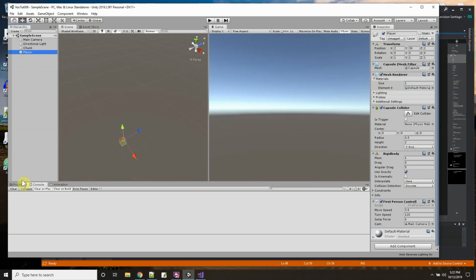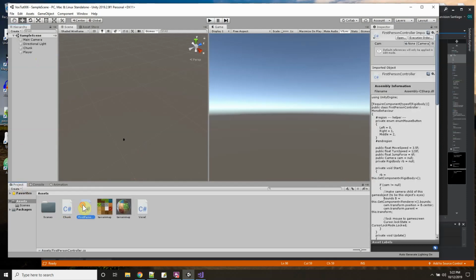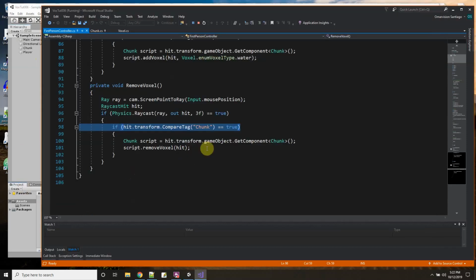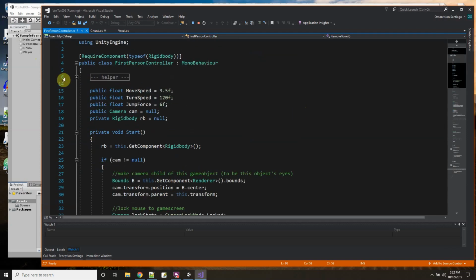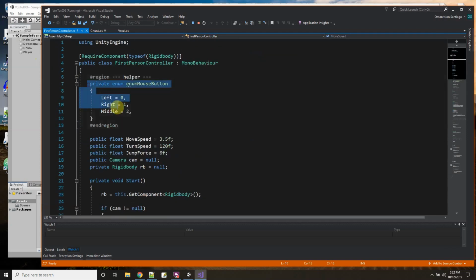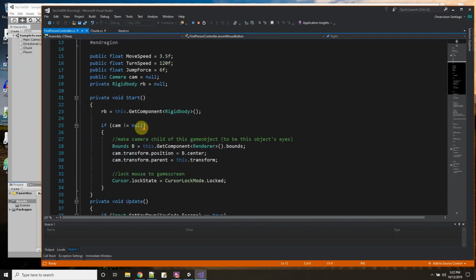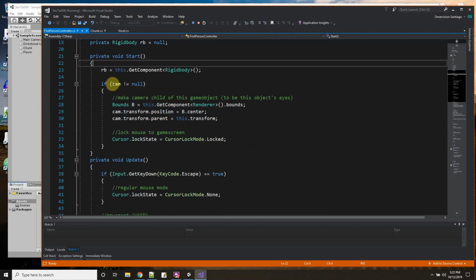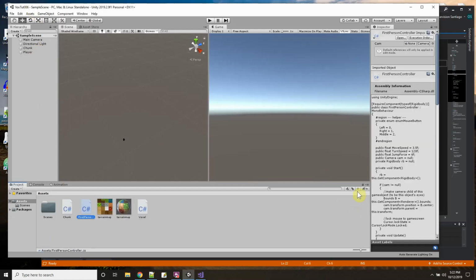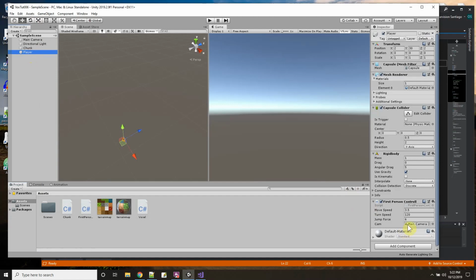Let's see that. We will go from the player script, from the first person controller script. Yes, right here. First person controller. I just use this to determine the mouse button click: left, right, middle, 0, 1, or 2. This is the speed I could move and turn, the camera, and the rigid body, so I can get a pointer so I could jump. So here in the start, I get a pointer to the rigid body,